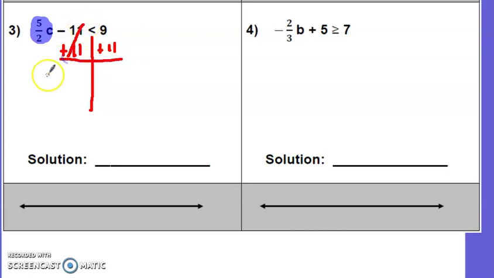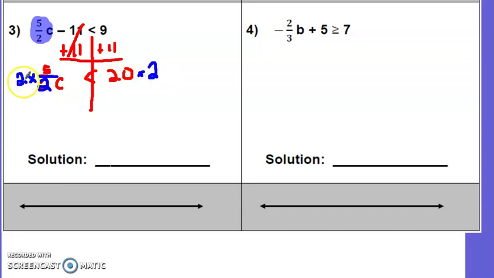That cancels the 11s. Then we drop the 5 over 2c. We drop the less than symbol. And then 9 plus 11 gives us 20. So now, to get rid of this 5/2, the easiest way, in my opinion, is to read this as 5 divided by 2. So because we are dividing by 2, the inverse is going to be to multiply both sides